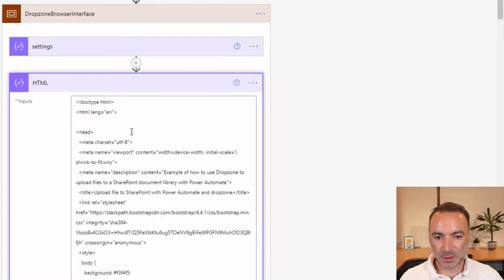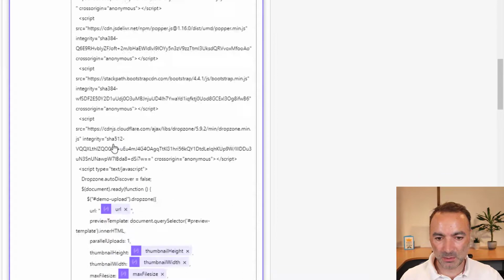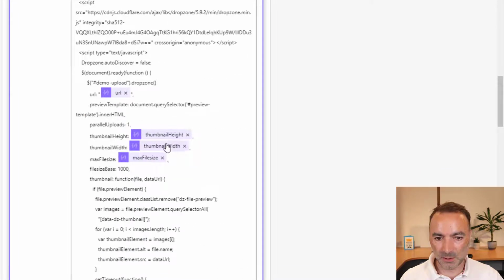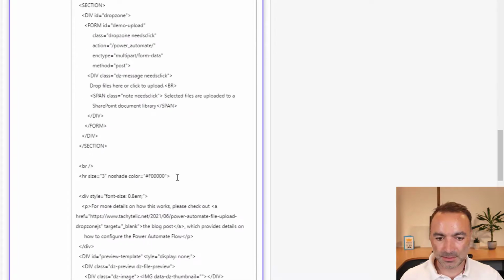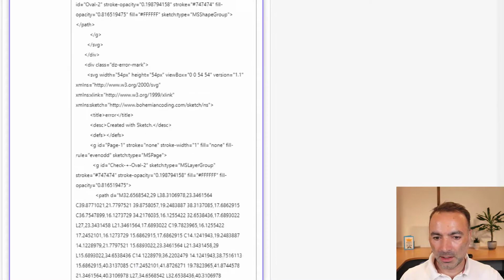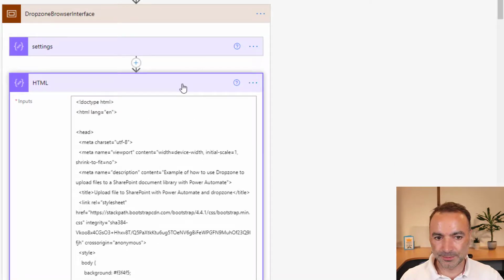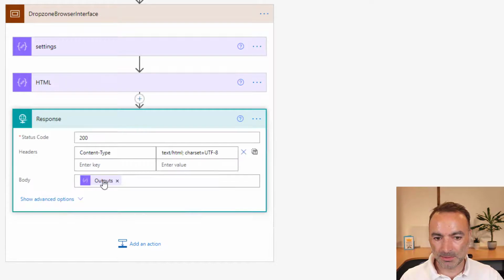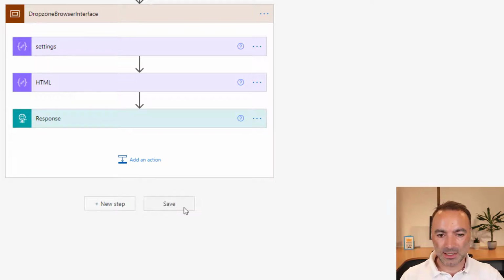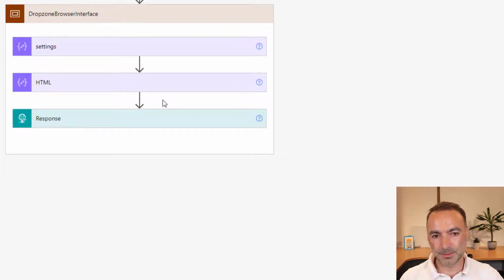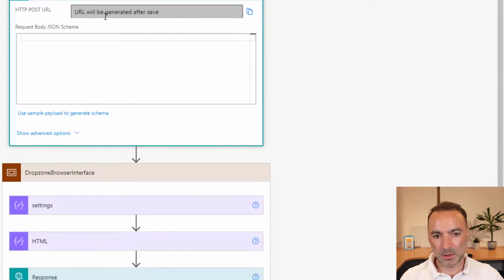Then we have the HTML that's going to be returned to the client with our dynamic content in it for the URL and the other settings. And that is basically it. Then the response back to the client is the output of the HTML. So if we save that now, and we get the URL from here,